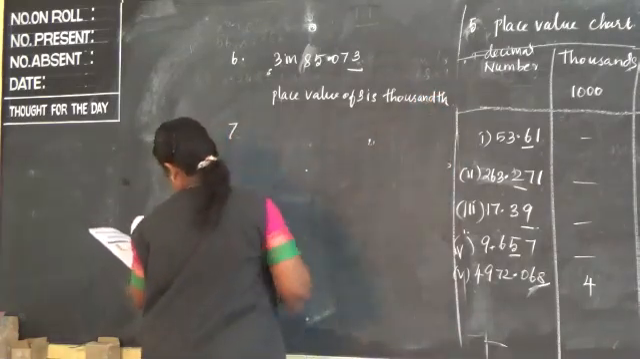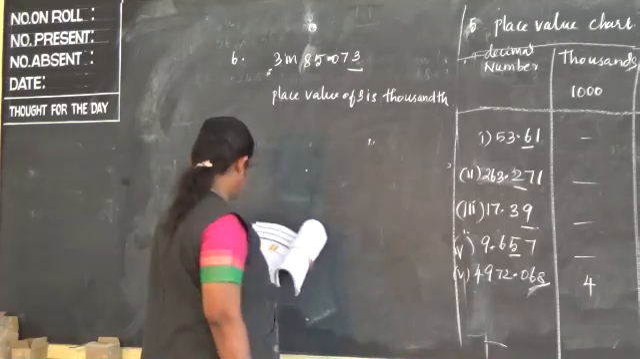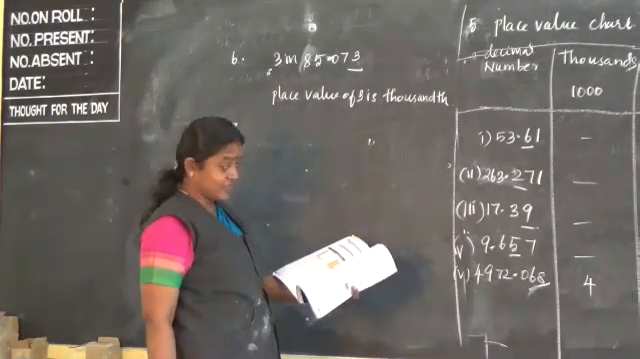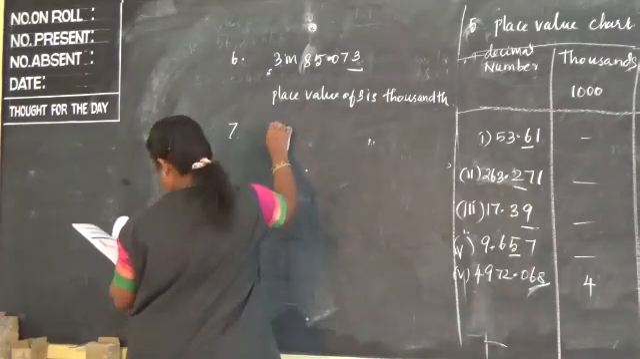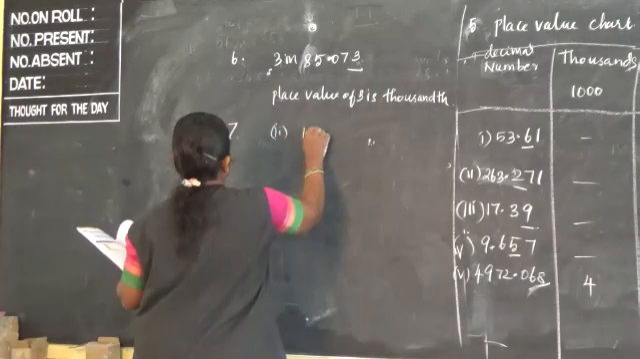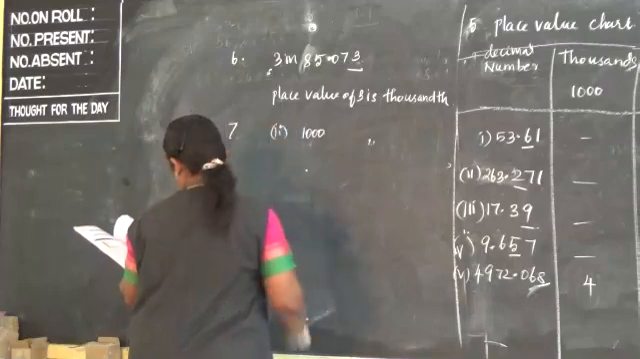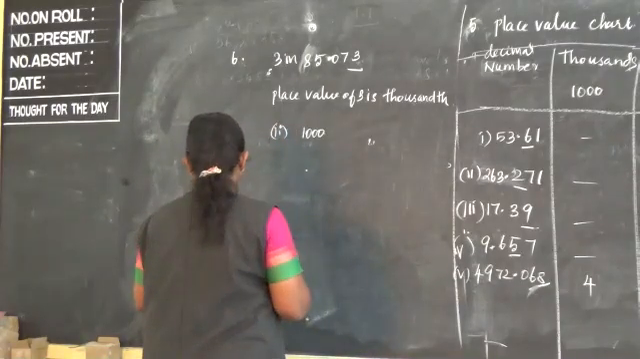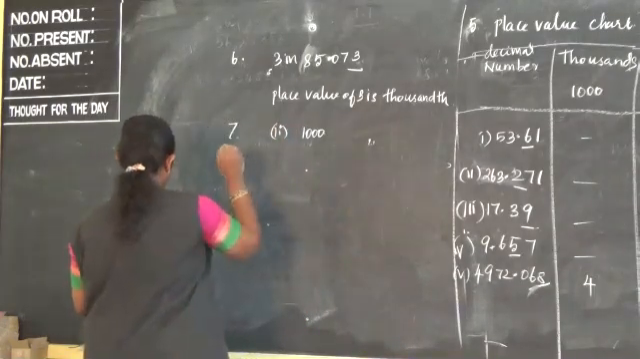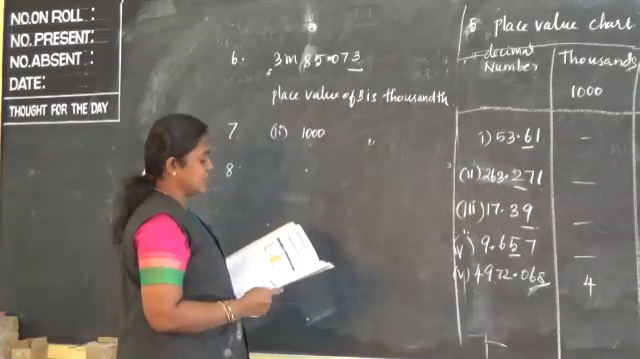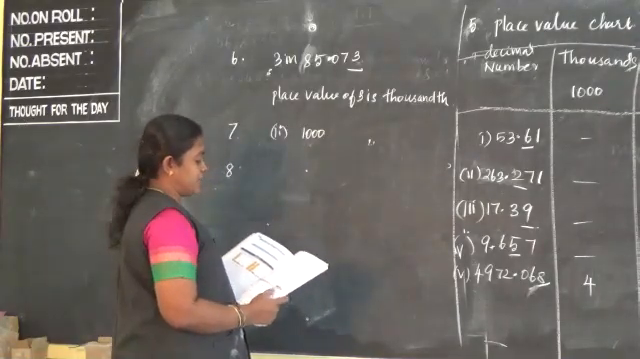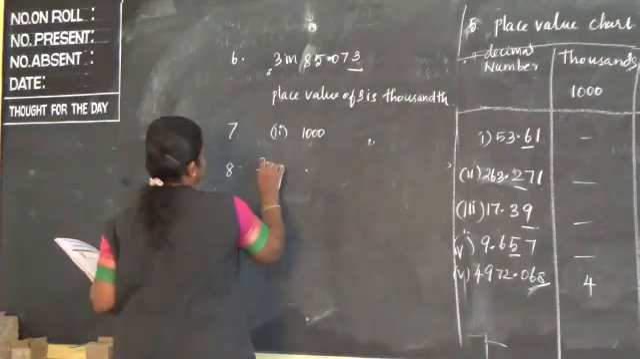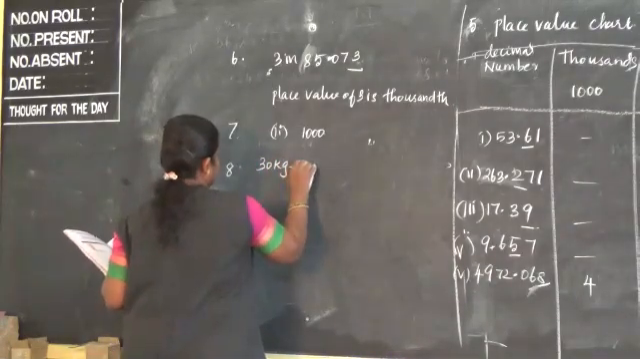Come to the seventh problem. To convert grams into kilograms, we have to divide it by 1000. In the beginning itself I told you. Second option, 1000. Then eighth one. The decimal representation of 30 kg and 43 gram is 30 kg plus